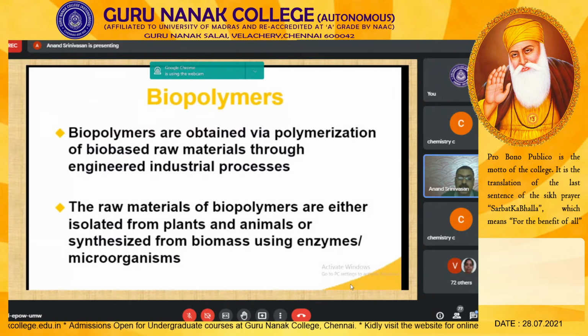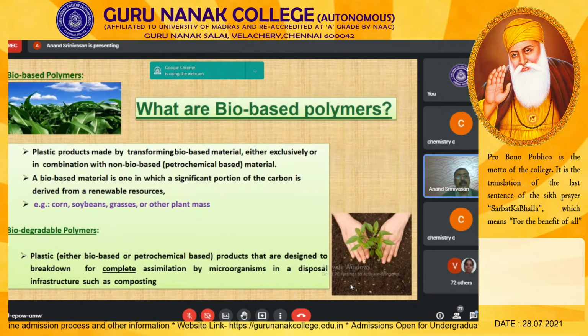So it is not only that you can use the biological feedstock, that is corn, agricultural feedstock, as a raw material for production of polymers. You can also use soil as a source for the production of your polymer. That is also another fascinating strategy. Before that, you must understand the difference between the bio-based polymers and biodegradable polymers.